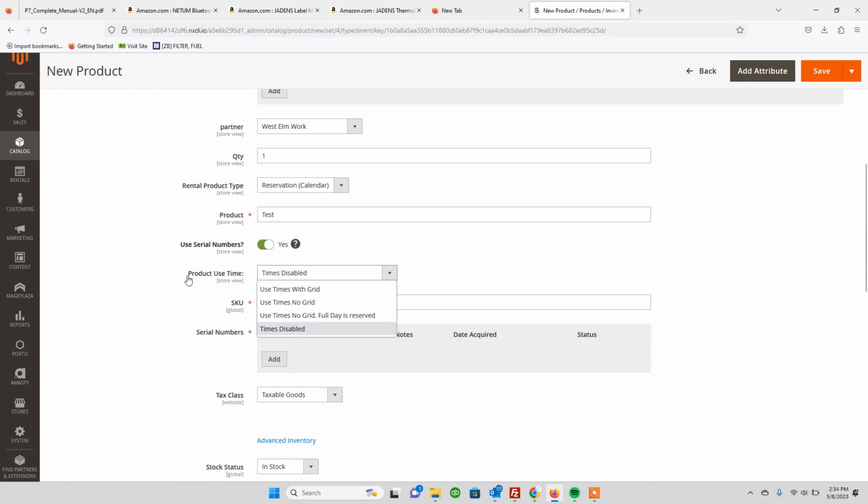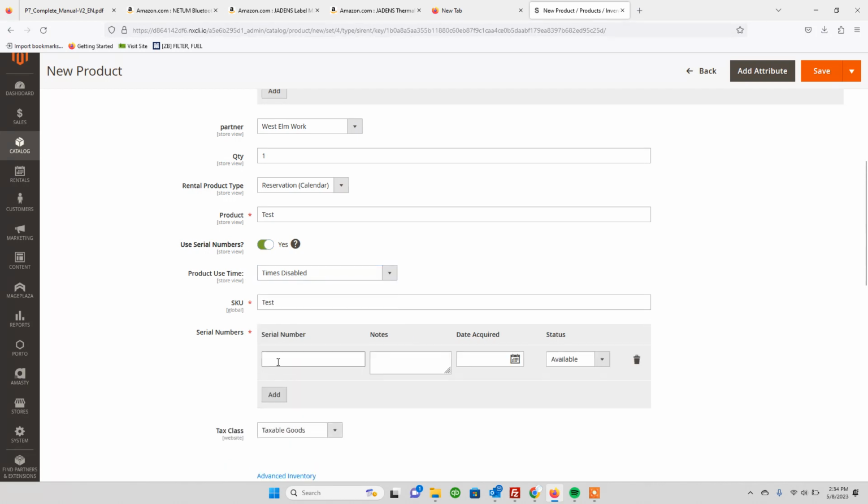We'll just leave that. And then you would add, depending on how many quantities you have. So if you have four, you're going to want to add the four serial numbers for that product so that the barcode can be scanned in. So you'll probably already have the barcodes already set up and ready to roll. You'll probably just do a mass print of multiple barcodes, and then when you get a product in that you're going to add, you'll just add that next number to it. So I believe in my particular case I showed before was 7 digits. So we'll do,